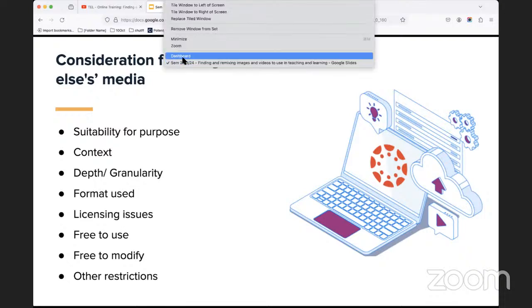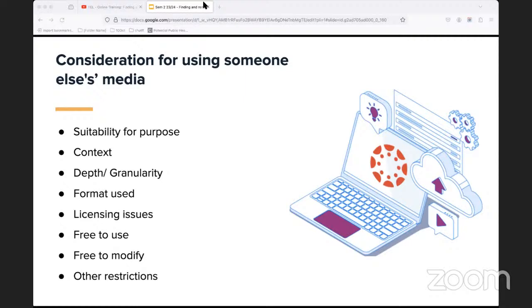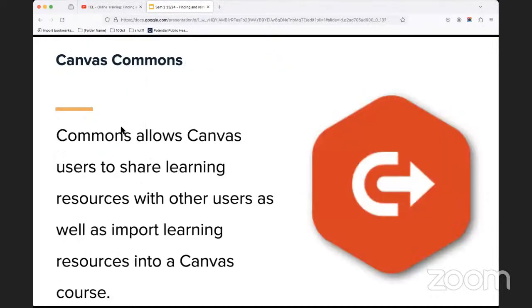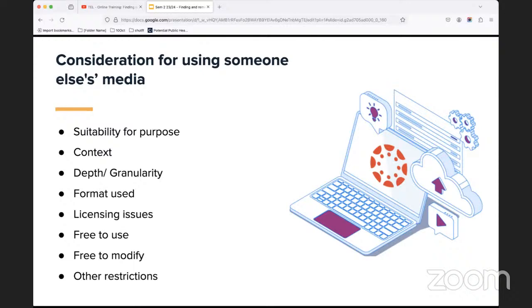So what most people would do when they make an OER available is make it available under a Creative Commons license. And again, as we know, we simply have to abide by the terms of that license. Additional considerations when it comes to OERs relate very often to suitability for purpose: is it going to fit into my existing teaching and learning plan?